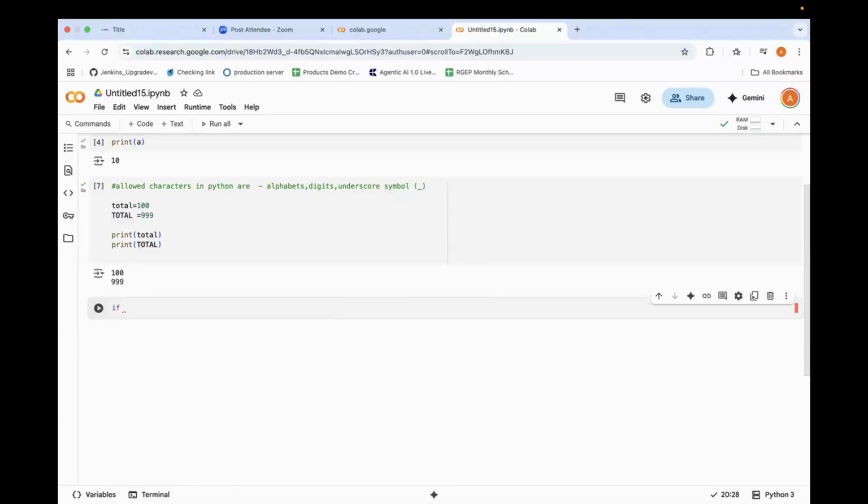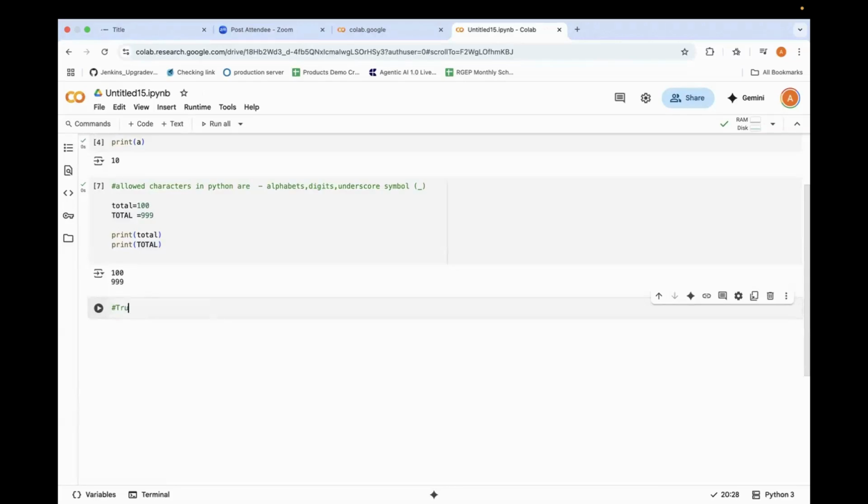Right. The next thing that we are going to learn is keywords, that is, keywords, reserved words, and everything. Now, what are keywords? There are 33 keywords in Python. You need to memorize these. I'm telling you guys, if I wake you up at 4 a.m. in the morning and ask you what the 33 keywords are, you should be able to tell them. Now we are going to write them one by one.